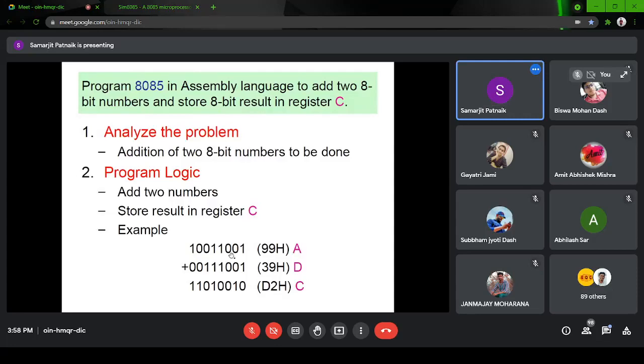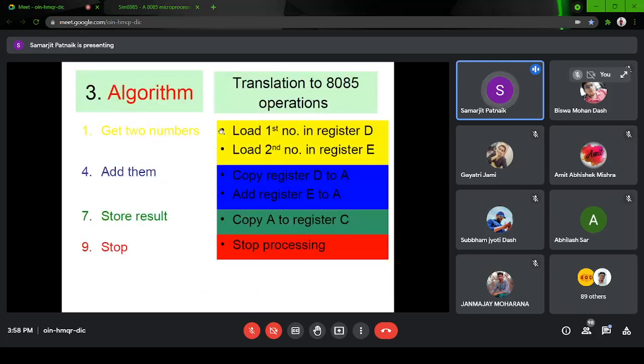We had to add two 8-bit numbers and store the result in another register. So we loaded one number into D, one into E, then copied. This is the flow chart or algorithm part of it for better understanding. Load first number into register D, load second number into register E, but we did it to accumulator and another register. You can use any register, maybe D, maybe C, maybe H, maybe L, any register.